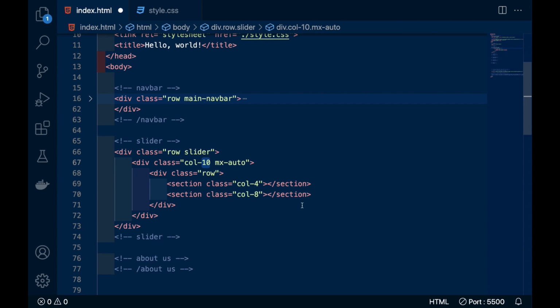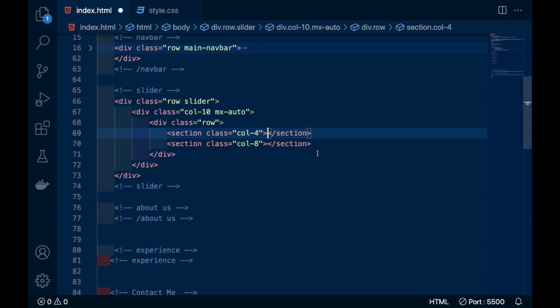You might get confused here that I am using 10 columns and 8 plus 4, here I am using 12 columns inside it. So this is what you have written here, 10 columns, and this 10 column is now your 100% screen, it is not 10 columns, it is now 100% of your screen. So now you have 100% screen, so you can divide it.